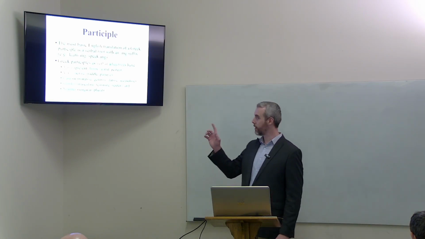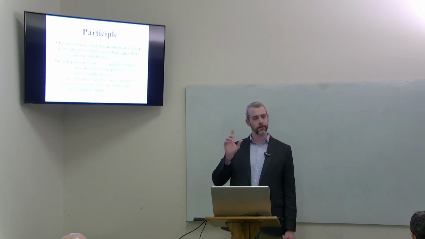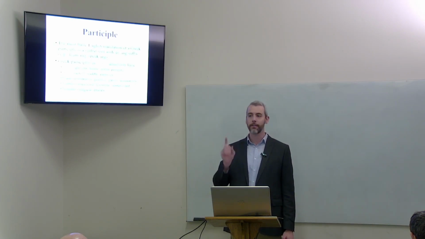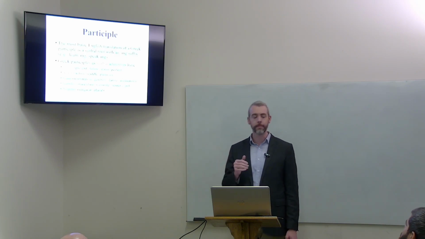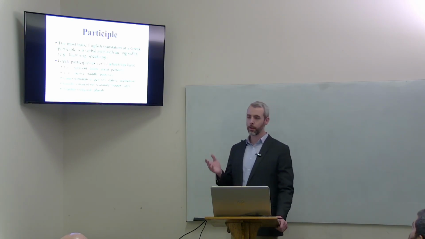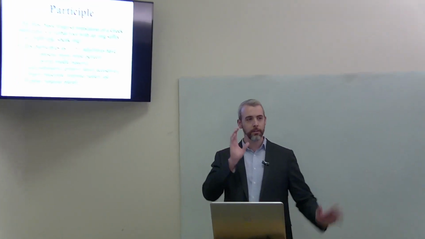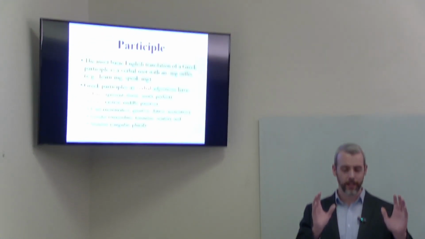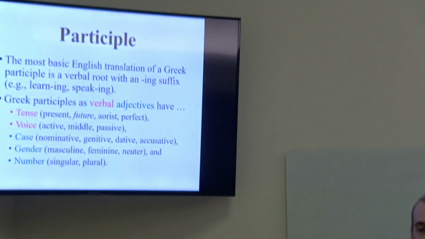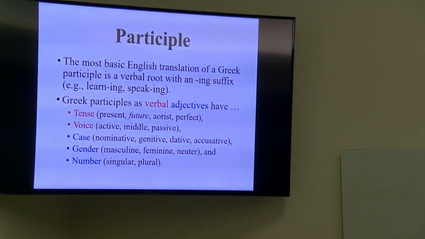So if we look here on the chart, we notice that some of the verbal ideas are that they will have tense and voice. That is, they can be present. Rarely in the New Testament, they can be future, then aorist, or perfect. So whatever we talked about with present, aorist, and perfect verbs as far as aspect is concerned, that transfers right over into participles. So if present was kind of ongoing, repeated action, you can kind of think that with present